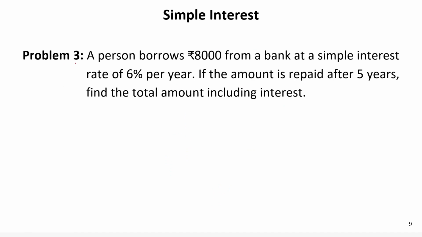So let's see problem number 3. A person borrows 8,000 from a bank at a simple interest of 6% per year. So SI is equal to, so this is the principal amount. 8,000 into 6 into, if the amount is repaid after 5 years, then find the total amount including the interest. Given that the total amount was repaid in 5 years, so time was 5